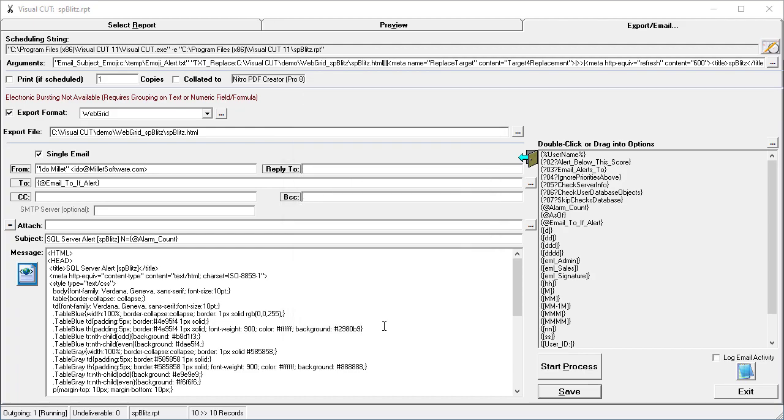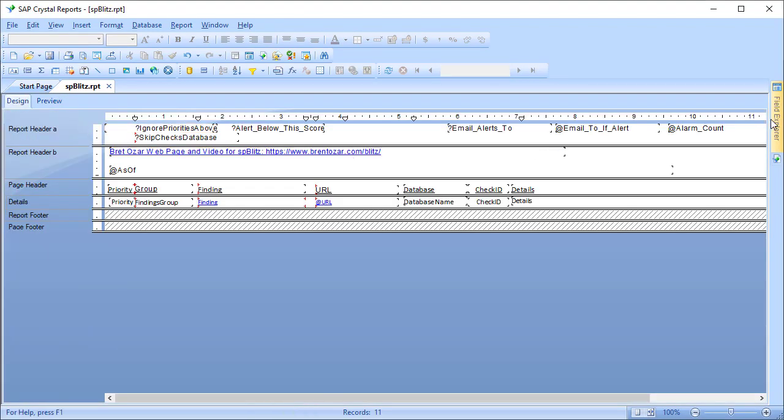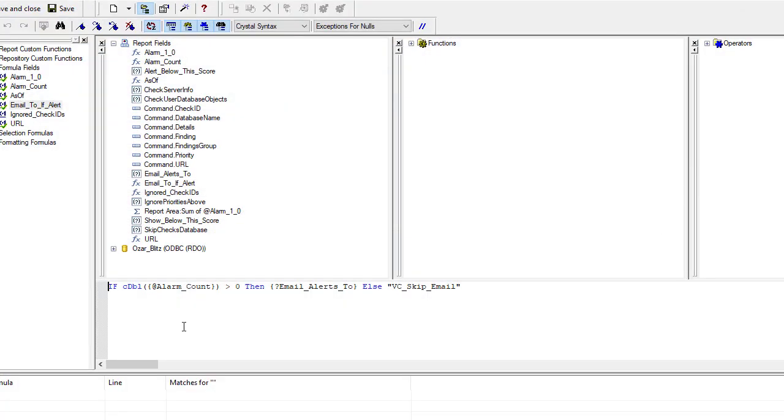I'm going to switch to the Crystal report design. You can see that there's a parameter here that controls what score is going to be the minimum score for alerting. That parameter is used by a formula that controls whether or not to email. Now here's a formula that specifies that if the count of alarm level problems is more than 0, then I want to return a parameter that provides information about who I should email to. And then it says if I found